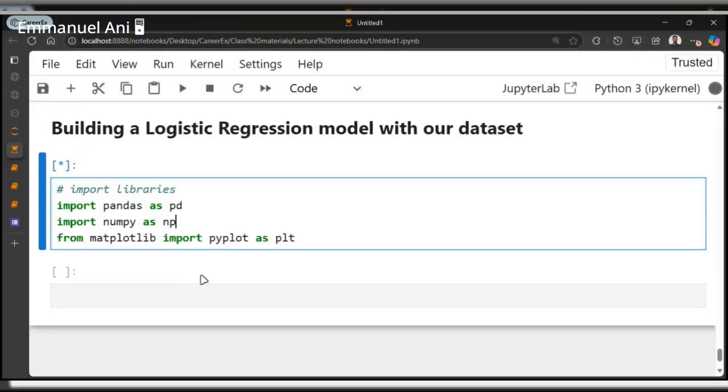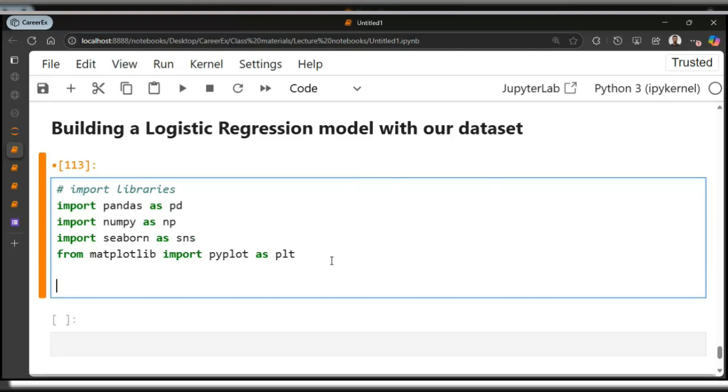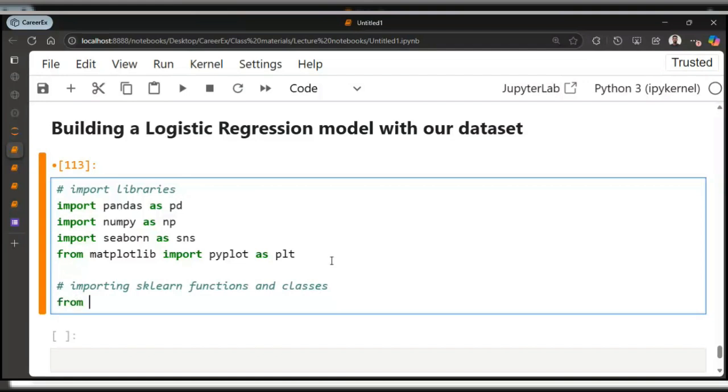So import seaborn as sns. Now you can move on. Since you know you are building a logistic regression model, you can start importing scikit-learn functions and classes.